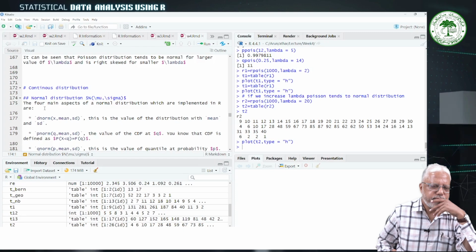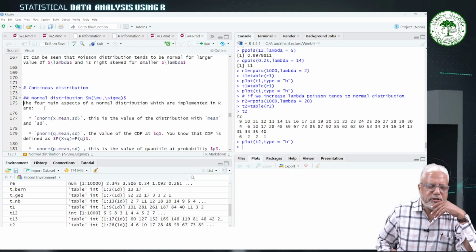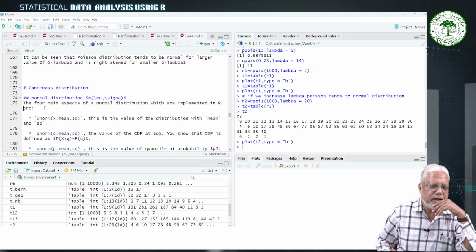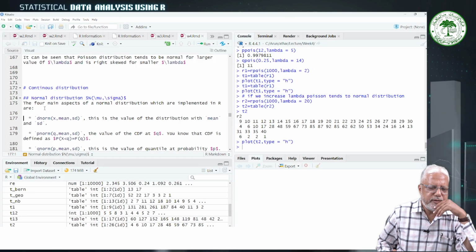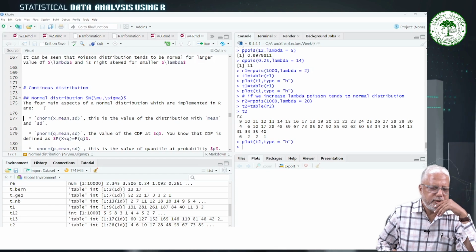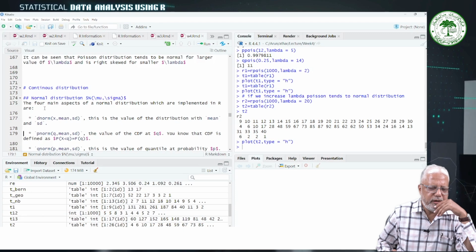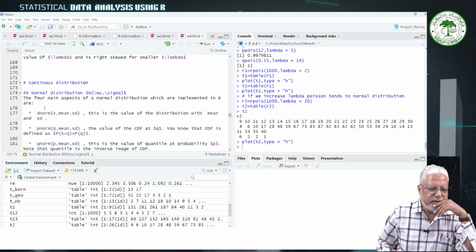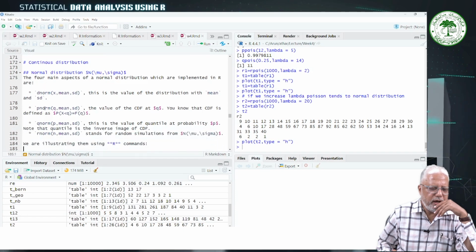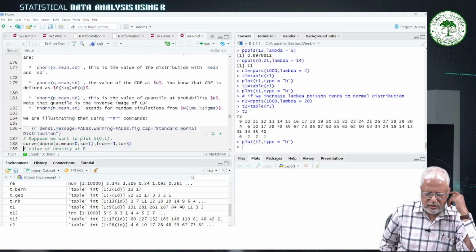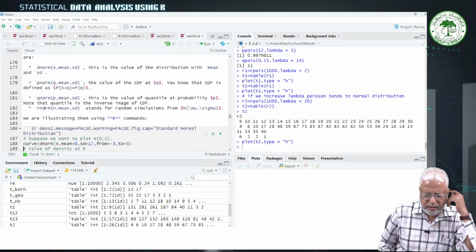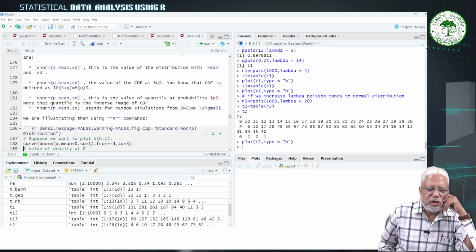See, the four main aspects of a normal distribution which are implemented in R are dnorm(x, mean, sd), then pnorm(q, mean, sd), then qnorm for quantiles, and then rnorm for random simulation. Actually, the normal distribution plays a vital role in statistical studies, and it is also known as the Gaussian distribution